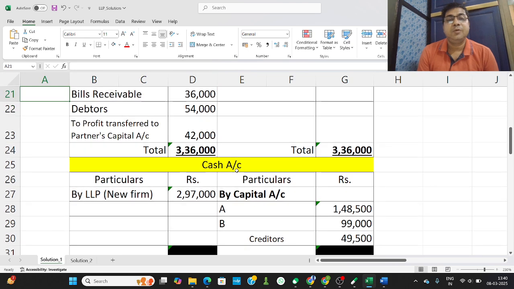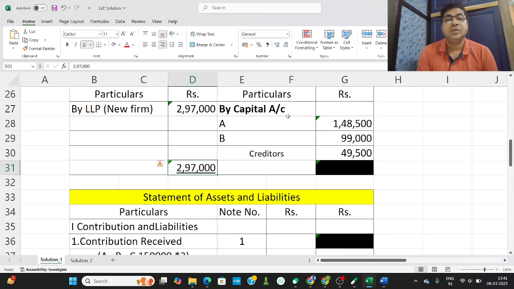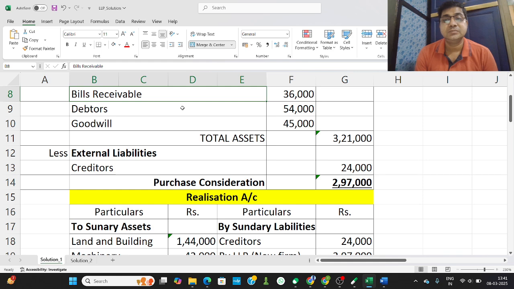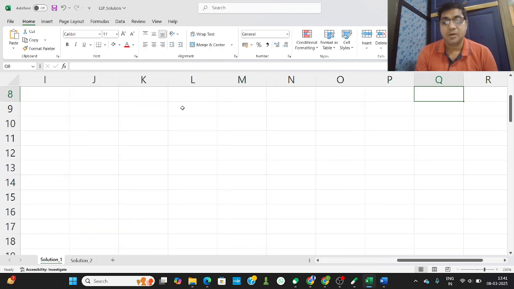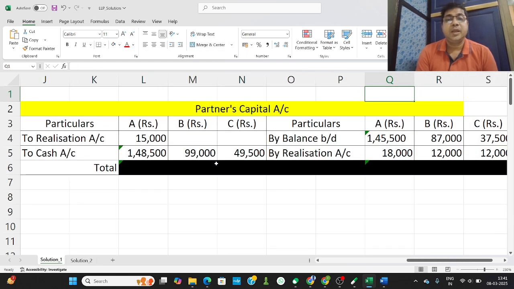See, we have to close the partner cash account here. Total here we recorded 2,97,000 as a purchase consideration, and the partners' capital account also we have to close, and whatever